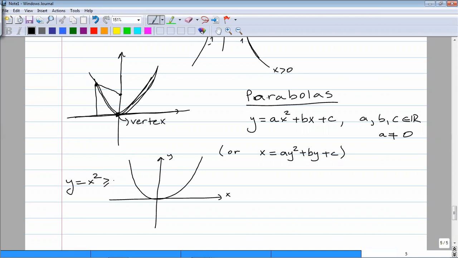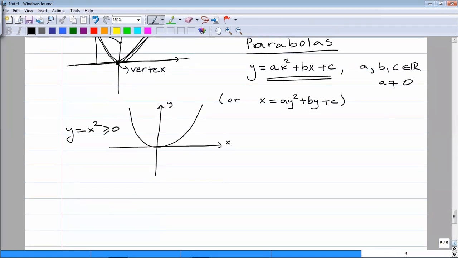Y coordinate, since it is x squared, is always greater than or equal to 0. So it doesn't have any piece for negative values of y. And for a general parabola, you can obtain it from the basic parabola y equals x squared. How? So for a general parabola,